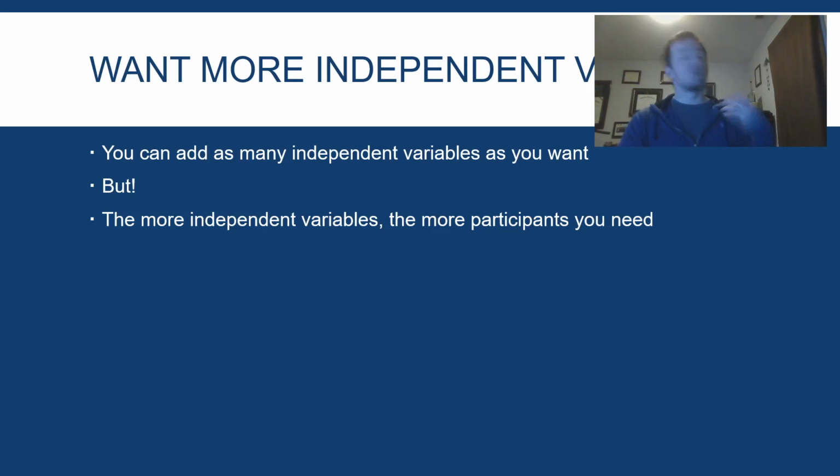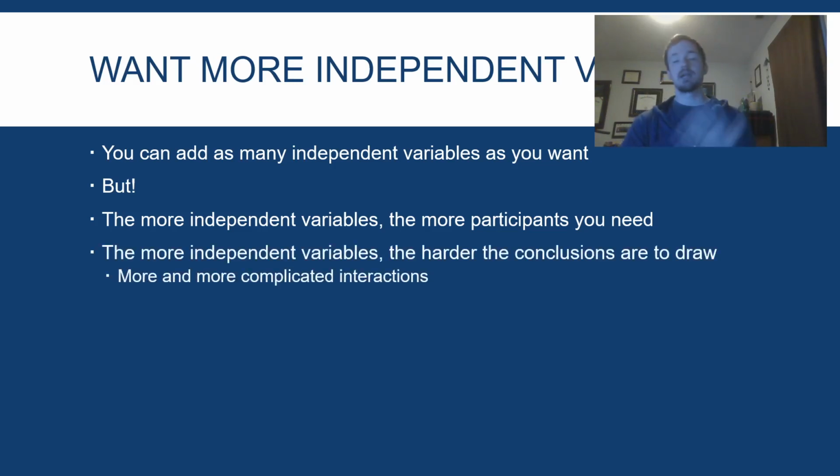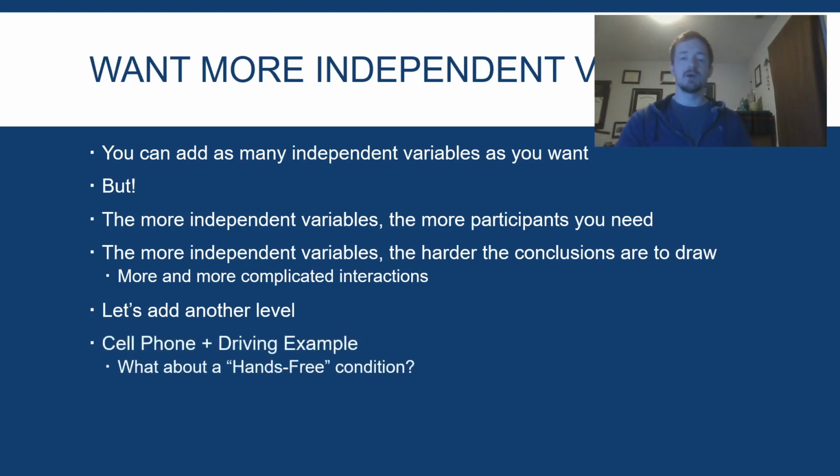So if you want more independent variables, you can do that, but it's harder to draw conclusions because of that. Sometimes these main effects are buried and you have to rely on the interactions, and that is harder to tease out whenever you're using statistics to verify your results. So, like I mentioned,